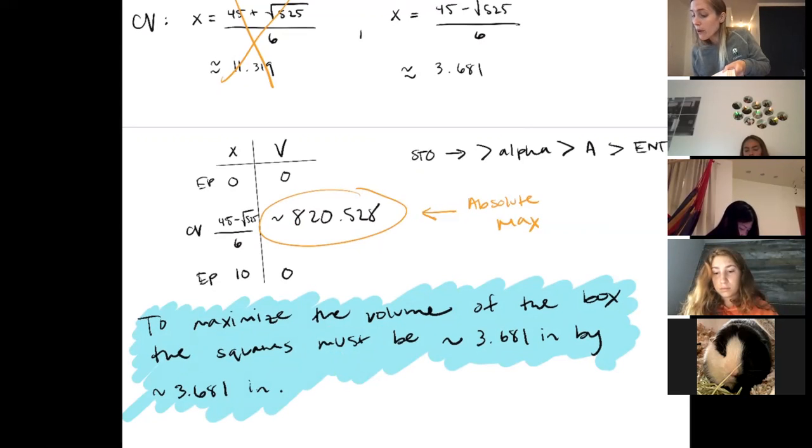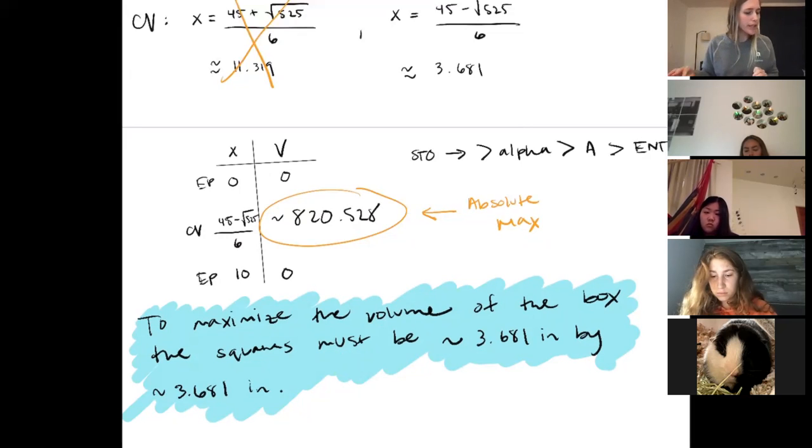Okay, 1 and 3 are very similar to this example. So you guys have 1 and 3 to try. And then number 7 is a little bit more complicated, but I want you guys to give it a shot. See if you can get it. I'll give you a hint. You're trying to minimize the total cost, so you'll need a cost equation. So see how it goes. And I'm thinking number 7 we'll probably want to go over together next class, but we'll just